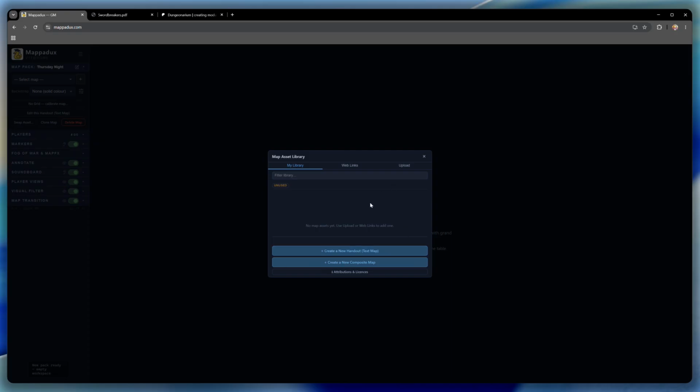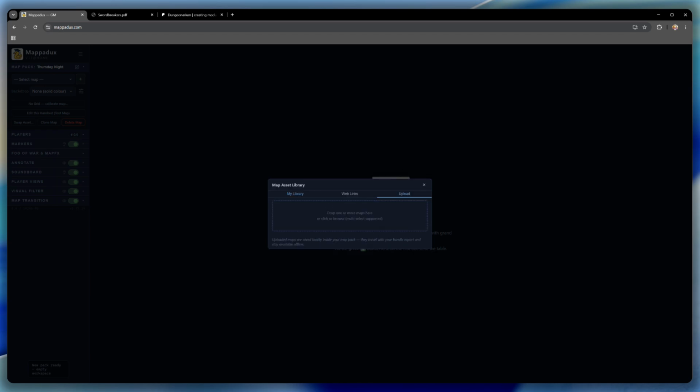You're straight taken into the map asset library, because the asset library shows you all the maps you already have loaded. You may want to reuse maps across multiple screens, so that's why we disconnect them slightly. And what I want to do is just upload